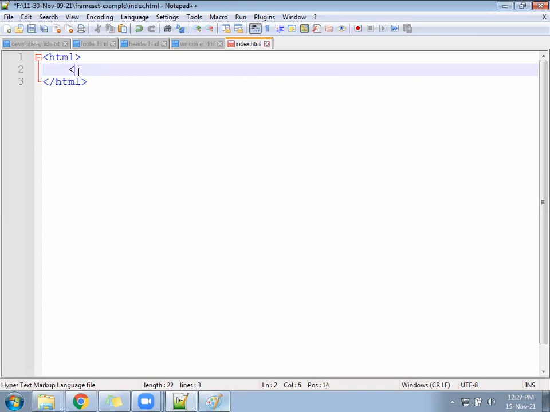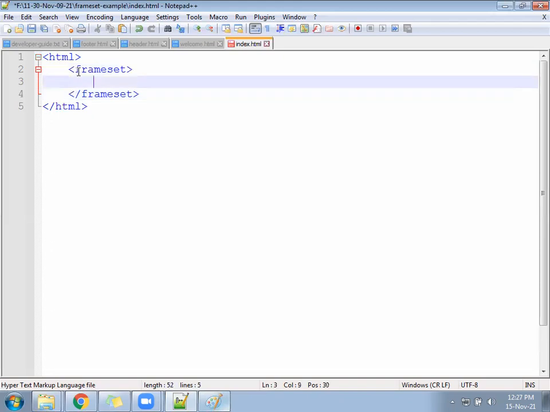This tag will come, called frameset. Follow the tag called frameset.